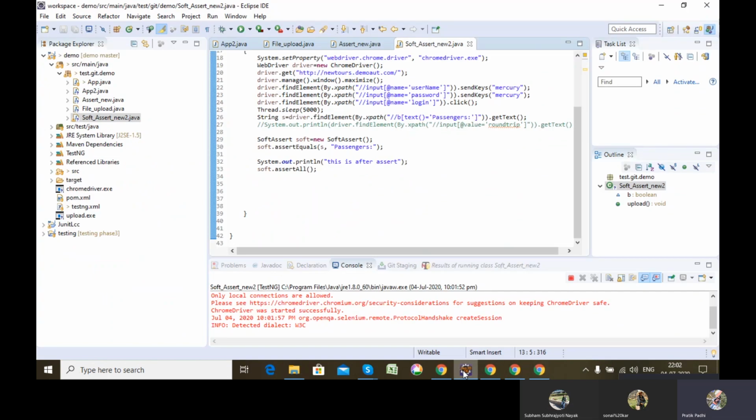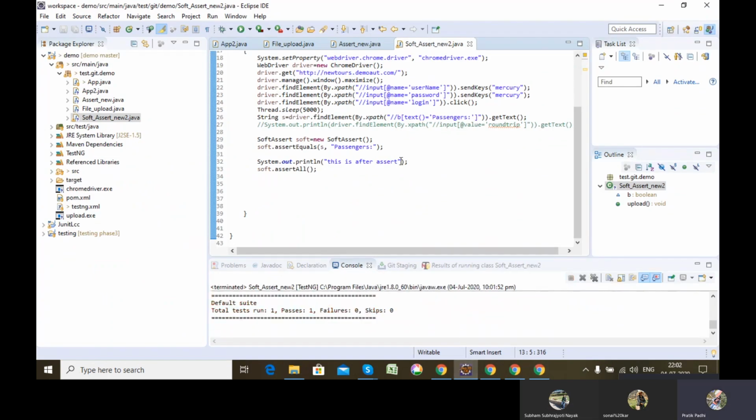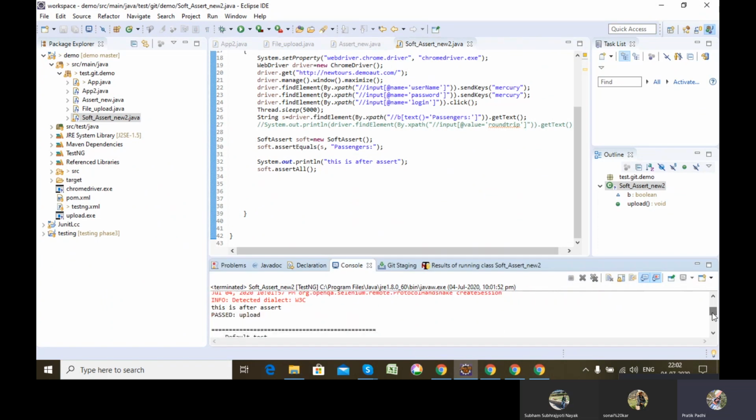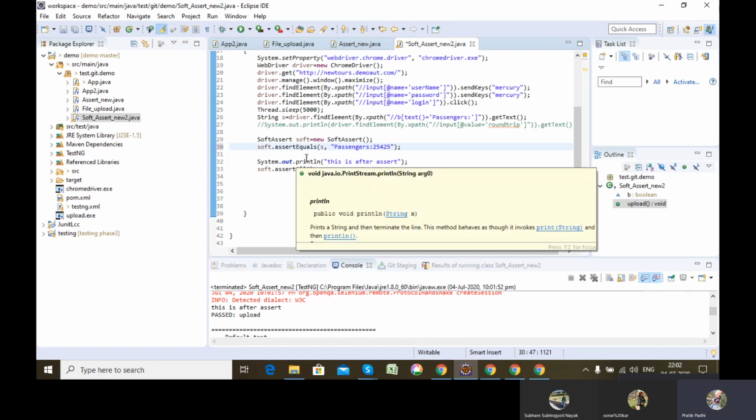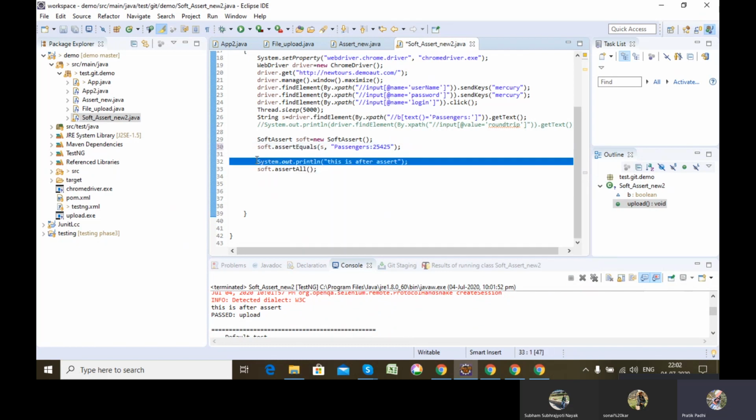See here the test case got passed, and in the previous case we have done it using Boolean value. Here I have done it using string values. So see here it got passed, so it is obvious that the line after the assert will get executed. But let's say I am intentionally filling it with another value. In the previous case, this particular line of code was not getting executed if my checkpoint fails here. But let's see what's happening for soft assert, because this particular test case will fail.